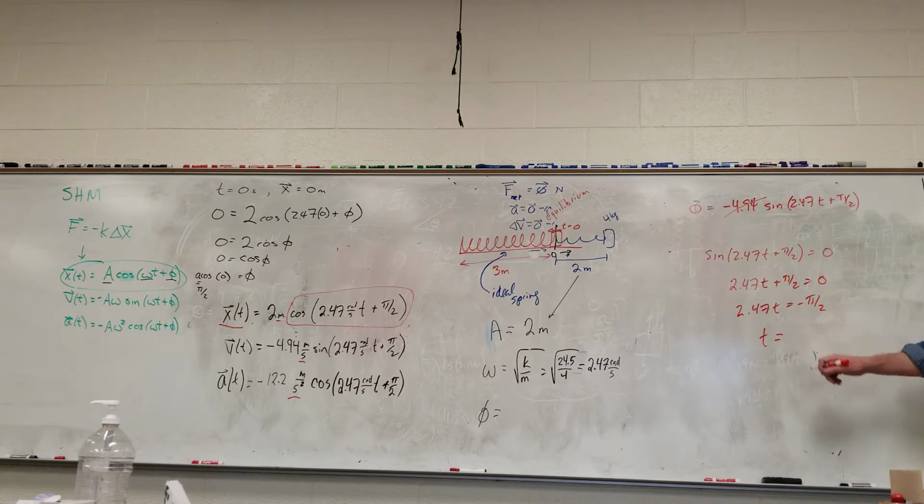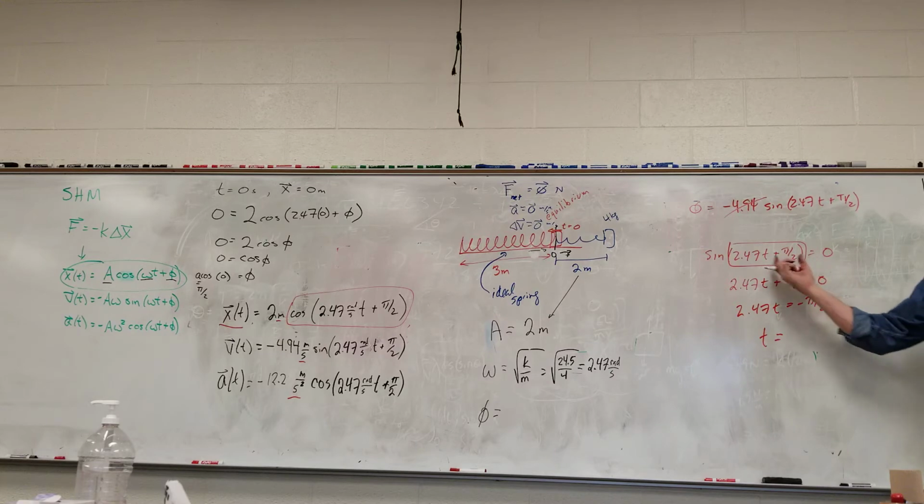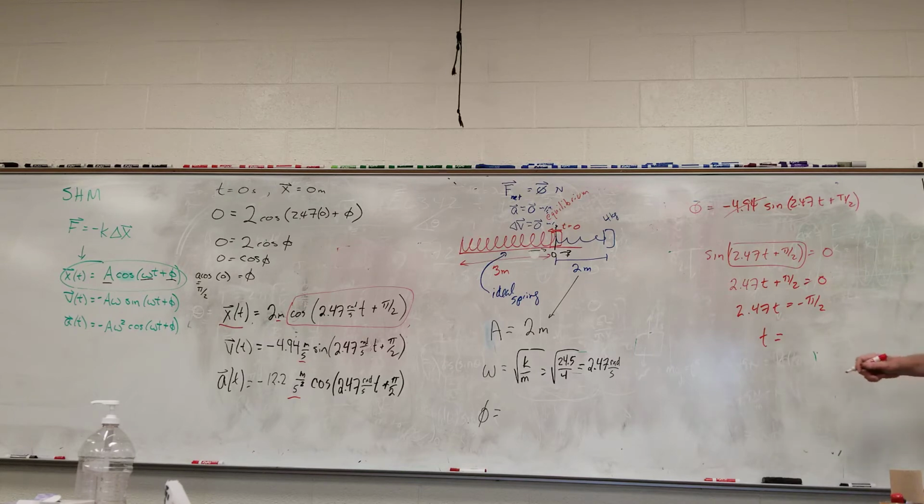What happened to that sign? I'm sorry, I missed it. We want to find out when the sine of this is equal to 0. If this whole thing is equal to 0, then the sine is equal to 0. Negative pi over 2 divided by